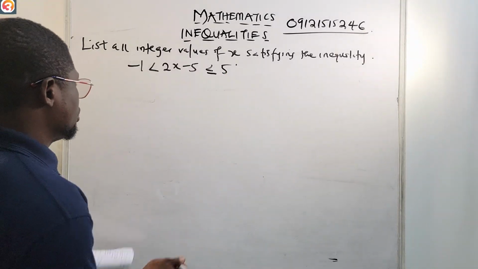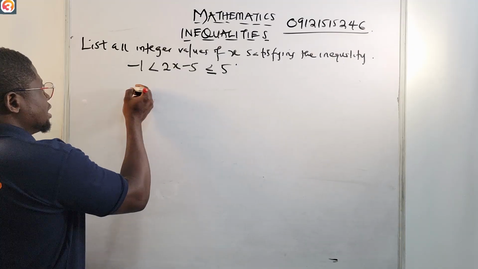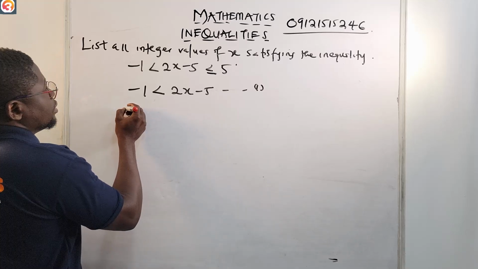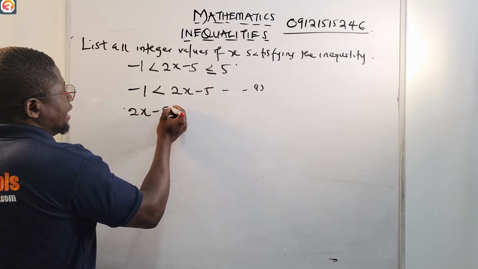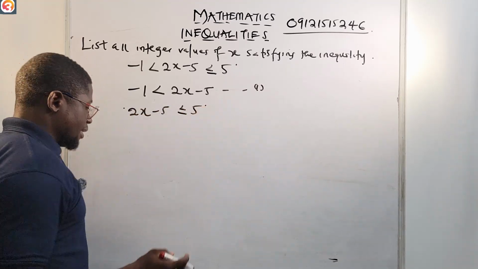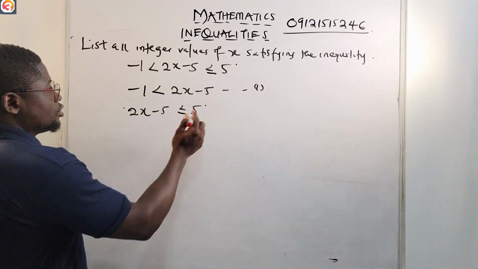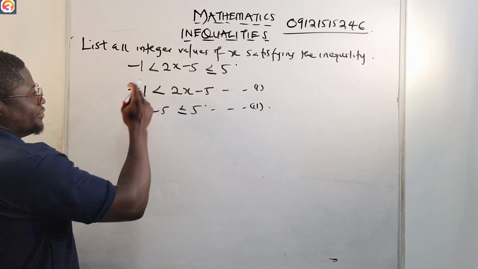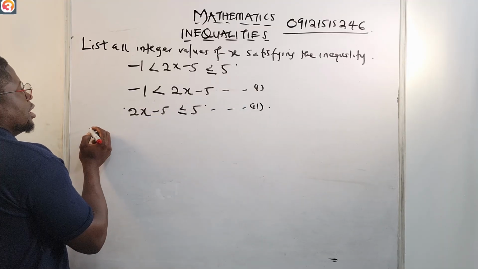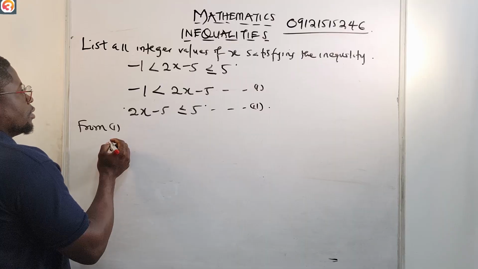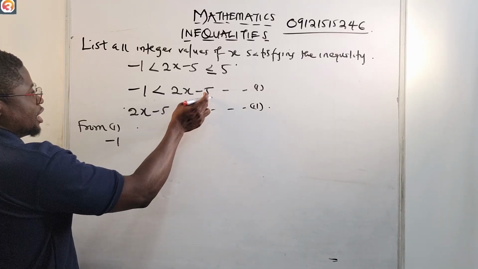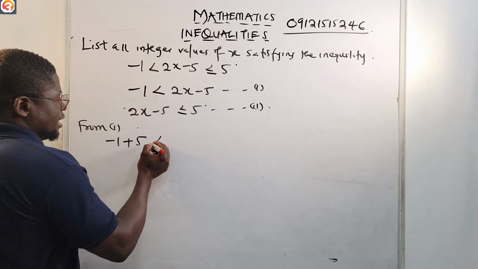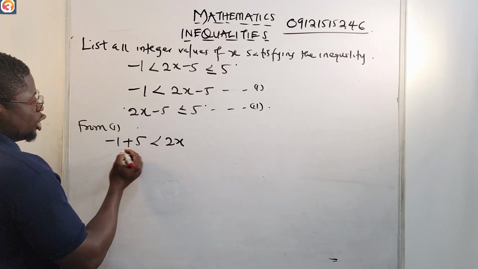All right, so now let us go. If you want to split, you say minus 1 is less than 2x minus 5. This is number 1. Then number 2, 2x minus 5 is less than or equal to 5. Very correct. So we can now solve. From 1, you have minus 1. Minus 5 comes to join his brother as plus 5, crossing the inequality, then less than 2x. Minus 1 plus 5 is